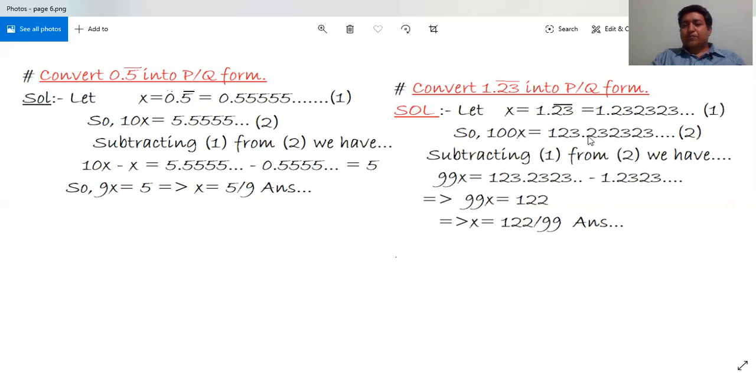In equation 2 also, the repeating decimal numbers are 23, 23 and 23. That's why we are multiplying it by 10. So let us look back at example 1. Here we are multiplying